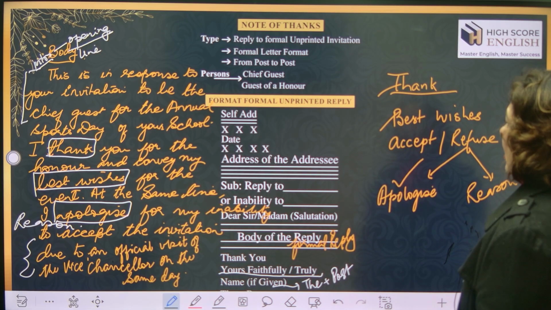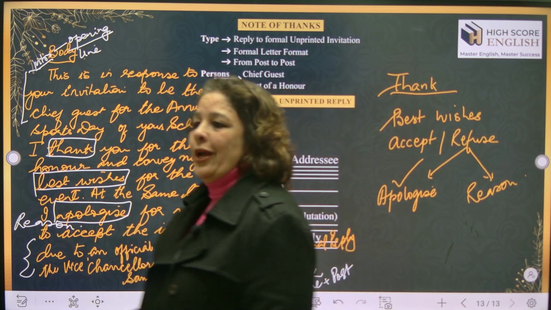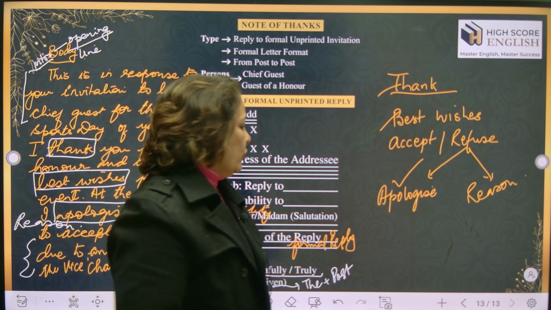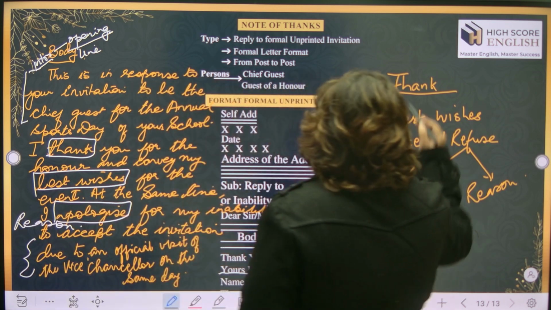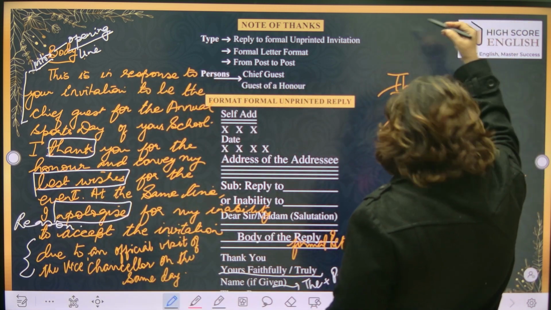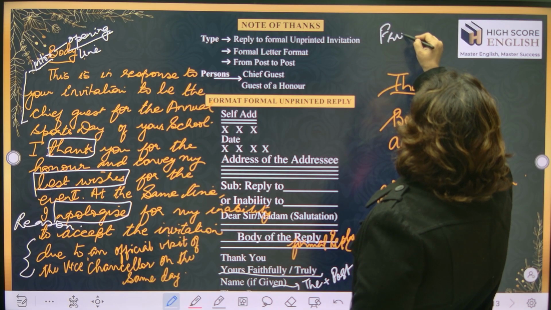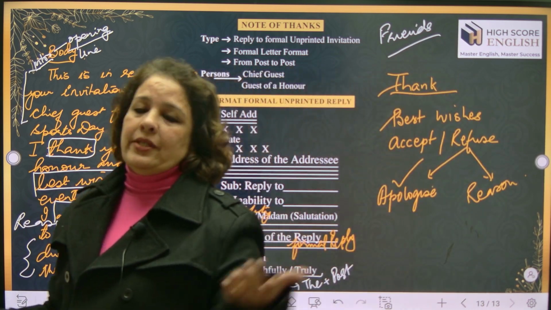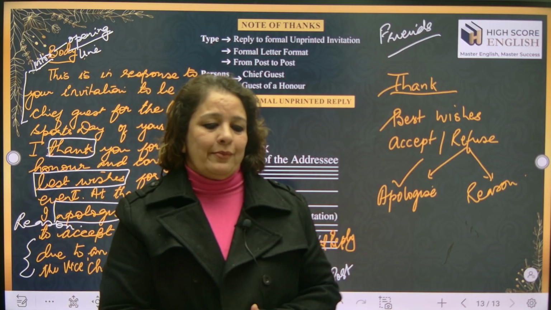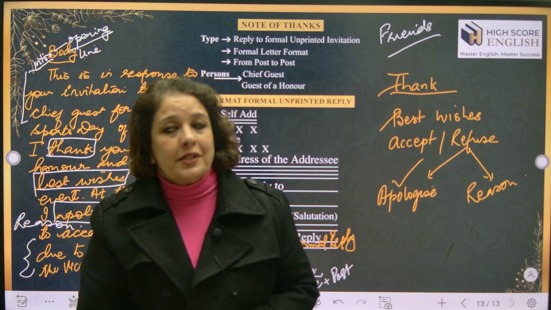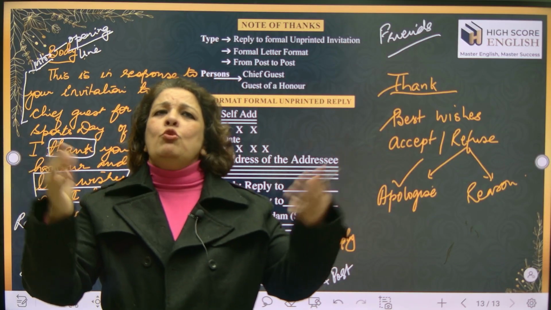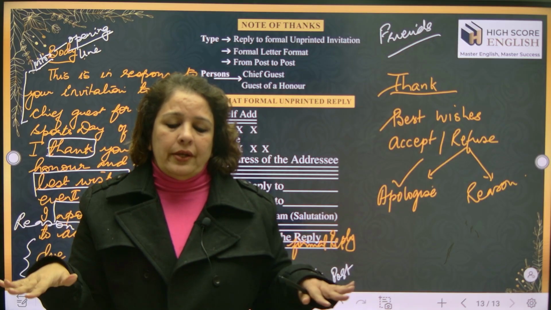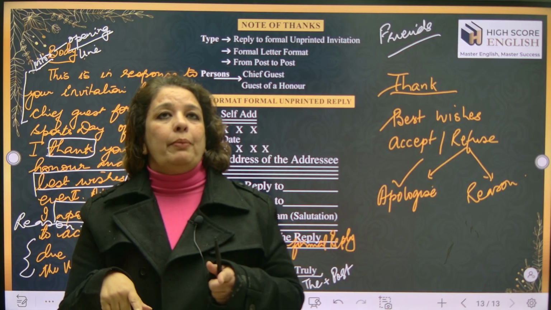Now after this we have a reply when you write to your friends and all. We are not going to waste time on that. Another one is we have to write to our friends. When the invitation is given to the friend, same is the reply. You will say, I cannot come because there are some exams going on. Maybe I have my board exams on the same day. My best wishes are with you. And it's a friendly one. Now we are done with the invitations and the replies.